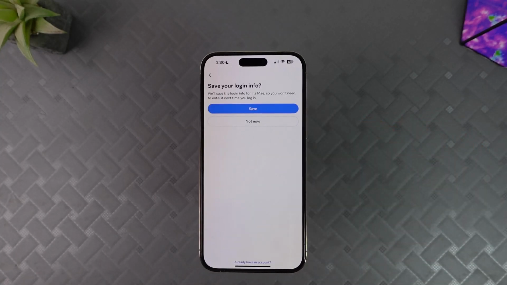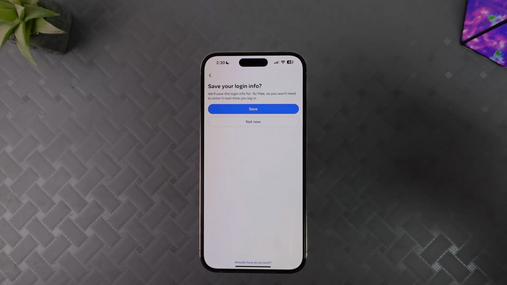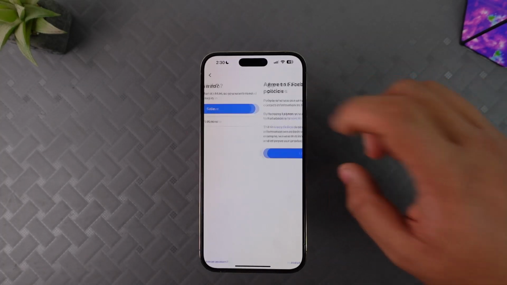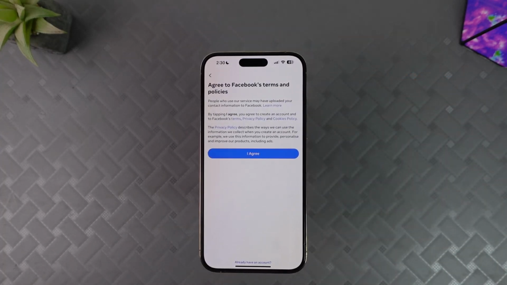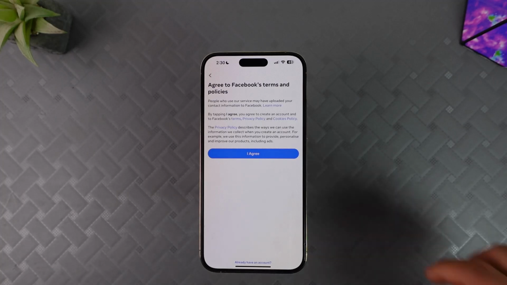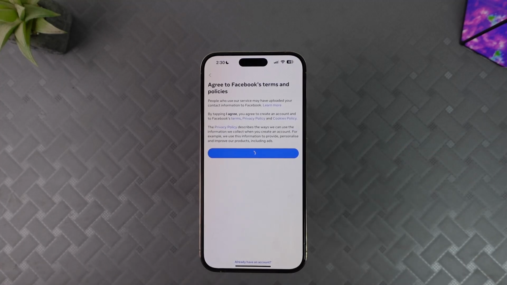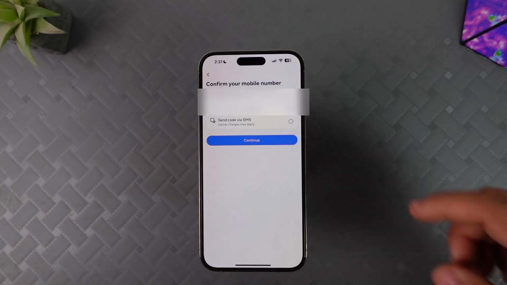After you've created a password, it asks you if you want to save your login info. If you want it to save, just go ahead and press save, and you have to agree to Facebook's terms and policies. After you've read and agreed to it, press I agree, and after you confirm your mobile number,